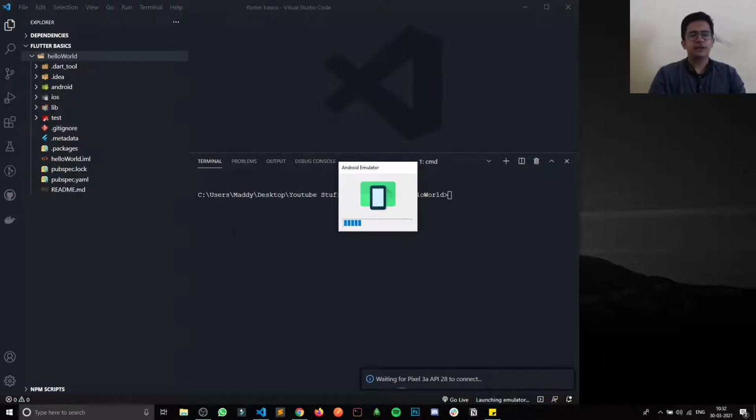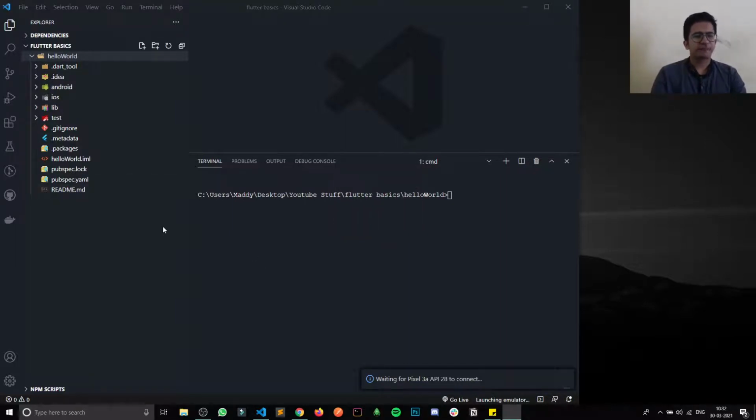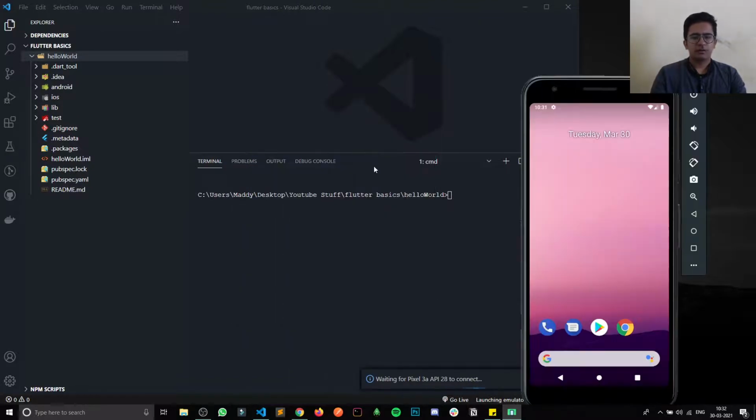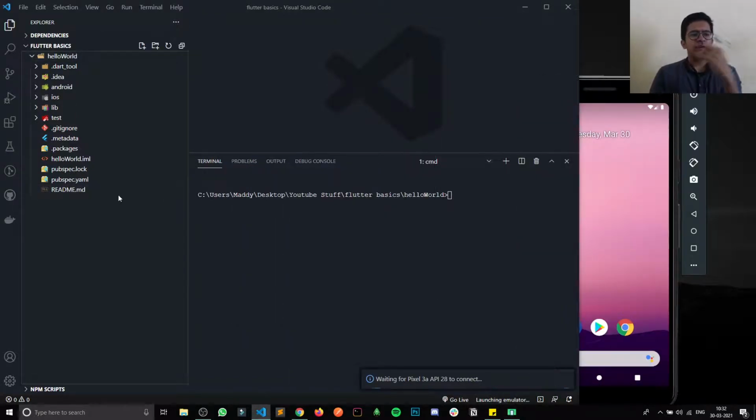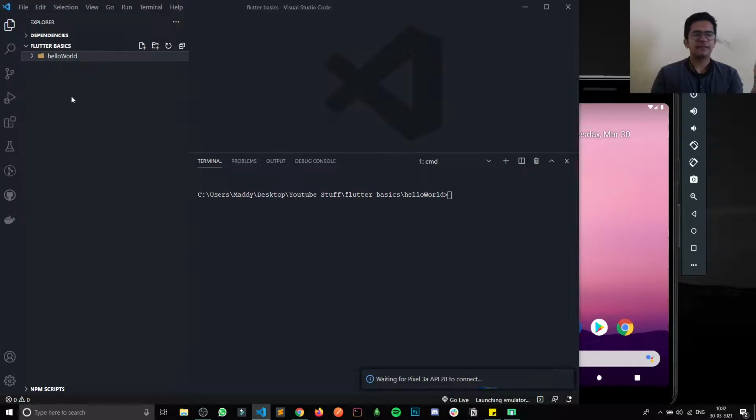Till that, should I start with the folder structure? Okay, so let's start with the folder structure then. If you see here, hello world is our app name or the project name we give in the flutter create command.